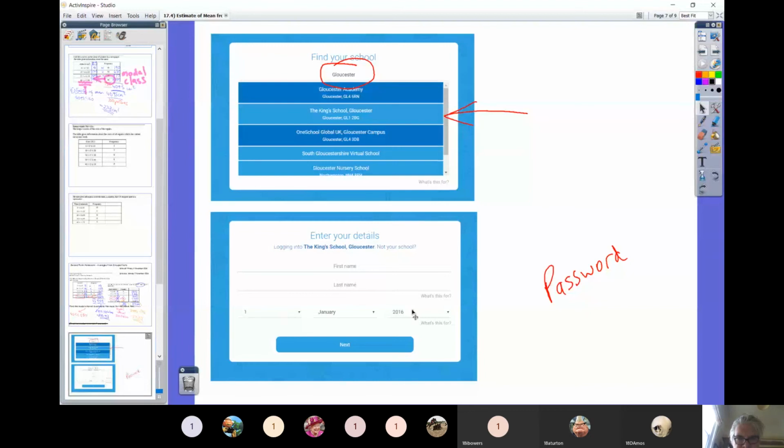Then you've just got to enter your first name, last name, and date of birth. Now, if you find you're not getting past that option, it's possible that the school has put in your wrong date of birth. I've noticed that's happened for a few kids. So if you can't get past that screen, just message me on Teams, and I'll let you know what date of birth the school have put in. Even if that's not your correct date of birth, you can just copy that and it will allow you in. Then you've got to put your password in.